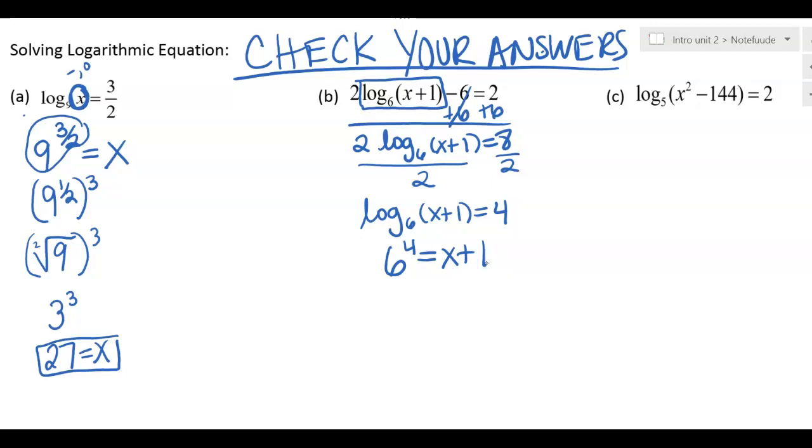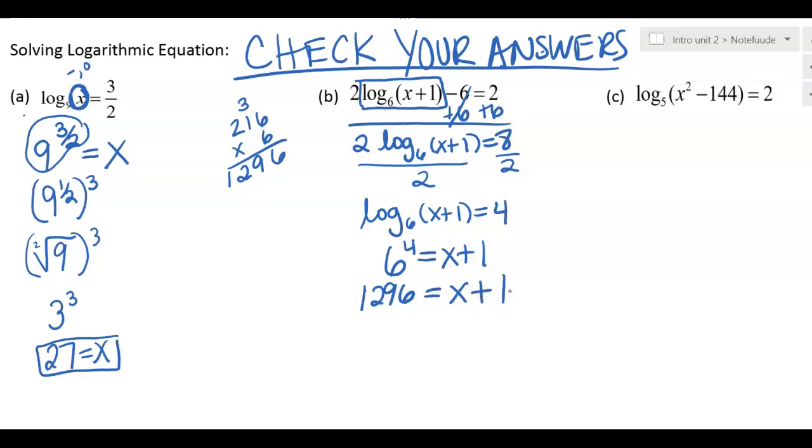Okay. So 6 to the 4th power is a little bit big. I happen to know 6 to the 3rd power is 216. If it was a test and you don't know any of those, you could leave it like that. So 1296. Is